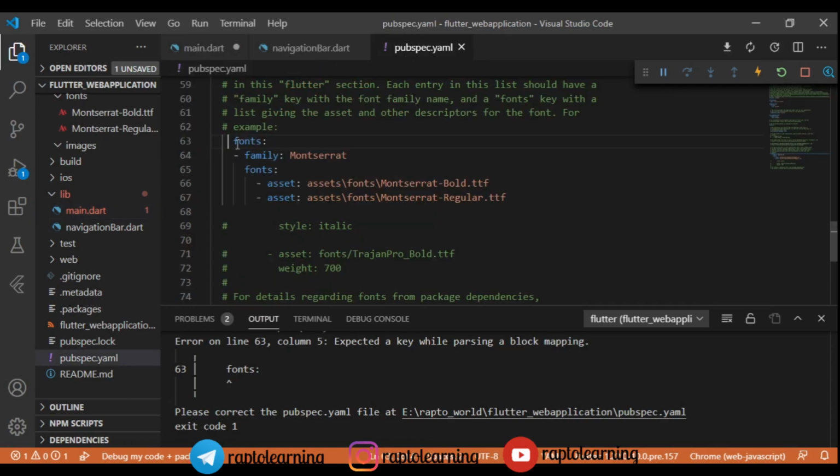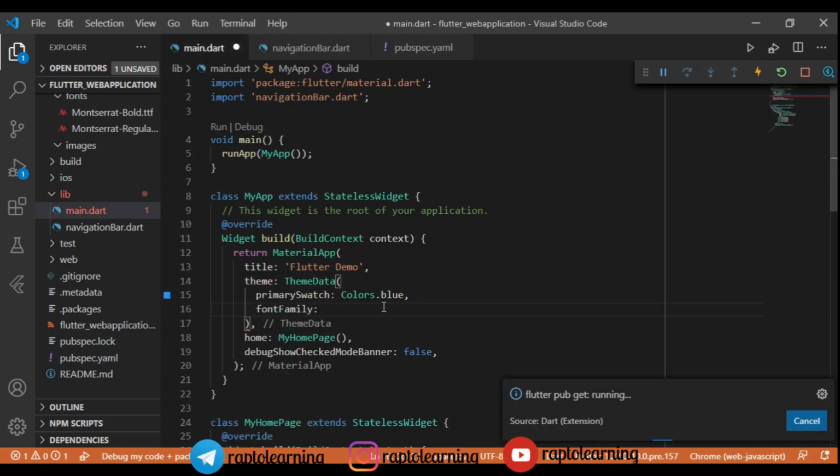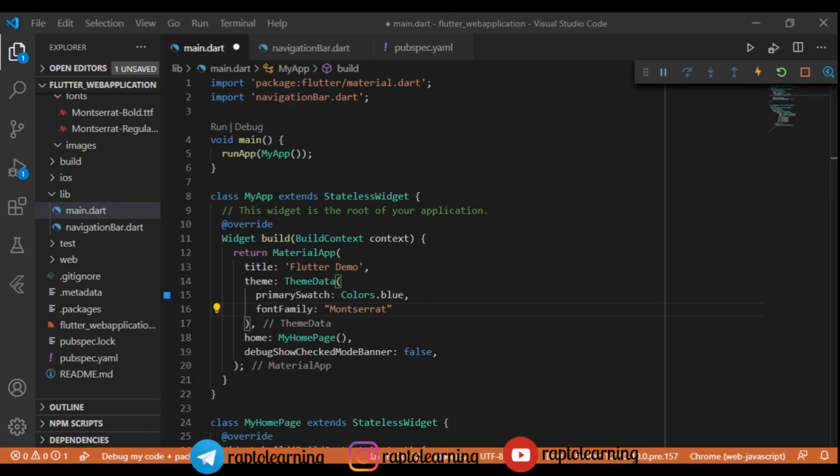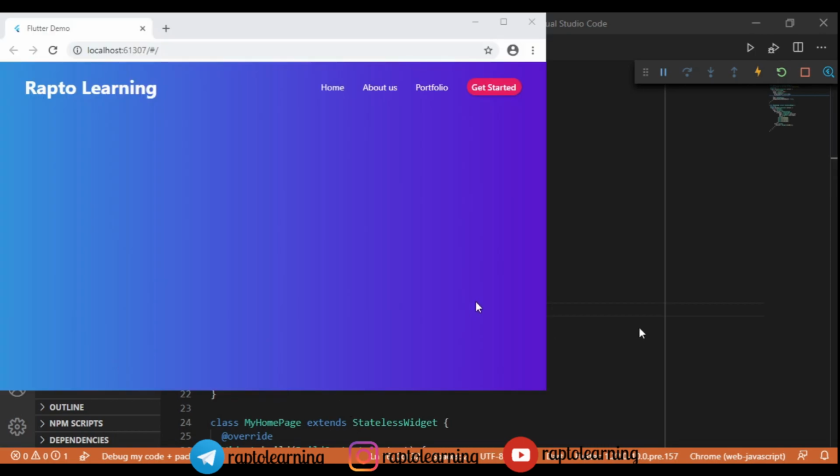Let's get back here and add a specific font to our project. So font family we will mention. Oh no, again I have to go back, there is some spacing problem in this. So yeah, it will probably be fixed now. We have to mention here the font family, from which family we are going to use a specific font in our project, right? So we will mention a font family here, that is Montserrat. We are going to use fonts from Montserrat, right?